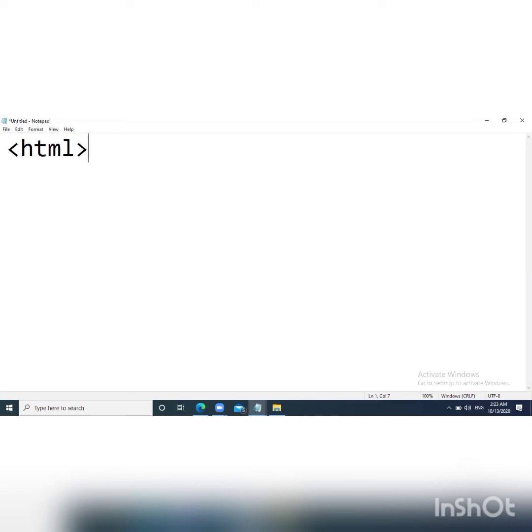So I have written HTML and I'm starting directly from the body. If you don't want to write the title and head, you can skip it. I'm making here one paragraph. Whatever you want to write, you just write it here as a paragraph.